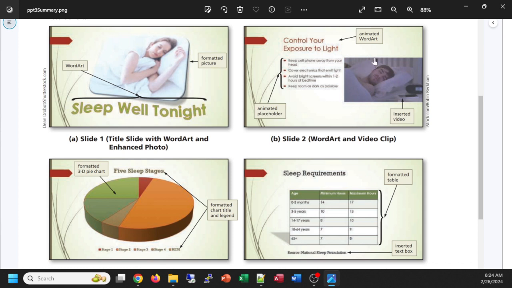We're going to learn how to insert the video and trim it, meaning we can decide where in the video we play. Bringing in a pie chart and adjusting the position and the appearance of the pie chart. And also bringing in a table with some enhancements. This table can actually be an Excel spreadsheet, but we're just going to create a table and